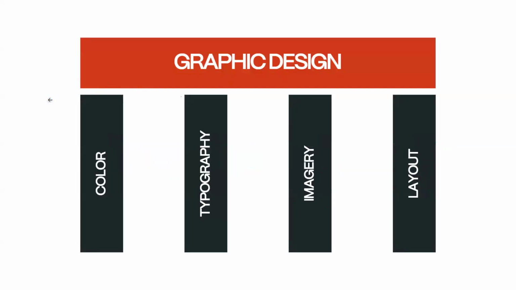If you look here, this is graphic designing. It is placed on top of four pillars. Generally, the whole graphic designing subject is based on four pillars. These are equally important to understand. If you understand or master these four pillars, your graphic designing career is sorted. The first one is color, the second is typography, the third is imagery, the fourth is layout. The most important is the fourth one, layout. I will discuss it in the last.